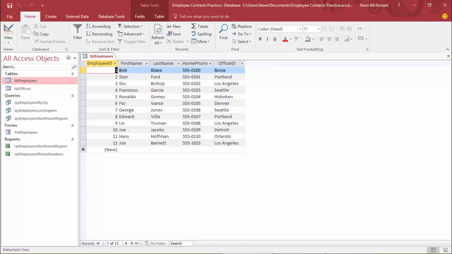And I highly recommend from this point forward in the course that you follow along with me in Access step by step and actually do these steps, because that's really how you're going to learn how to create an Access database. So what I want you to do is open Access, and in this case I have it open already,